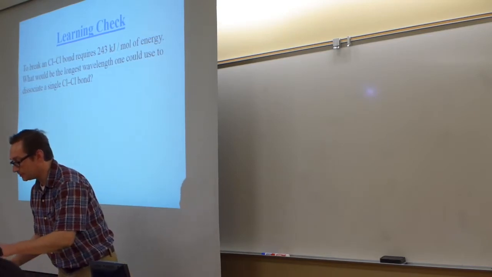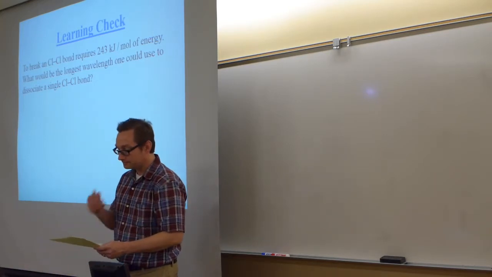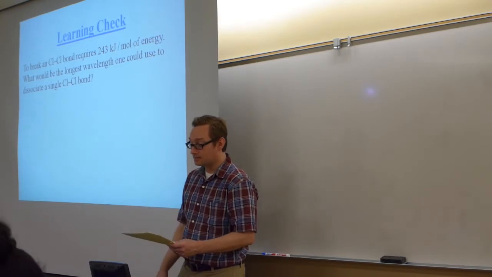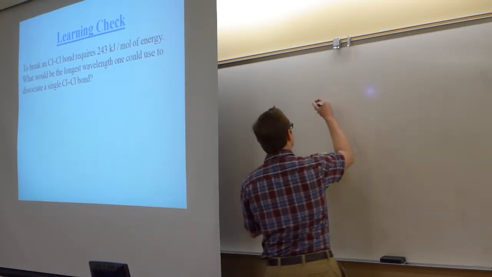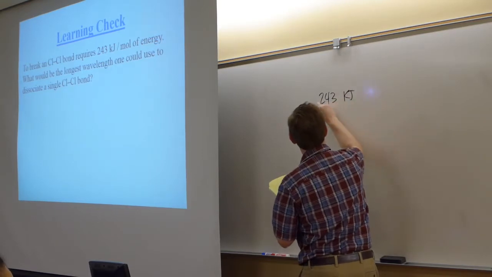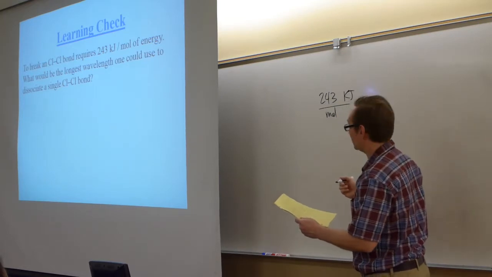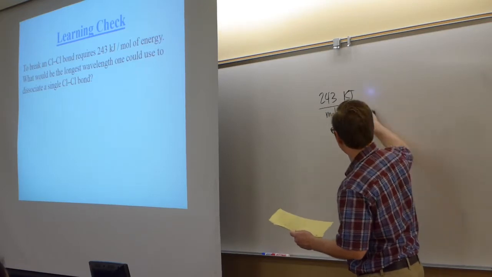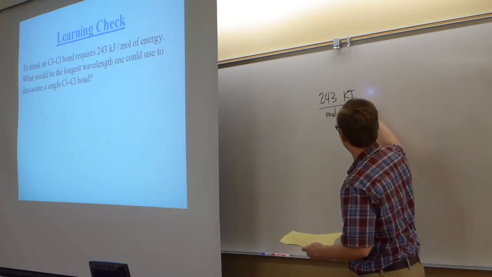So this is actually kind of cool because it relates an old concept to a new concept. The longest wavelength required to dissociate a Cl-Cl bond. So if I have 243 kilojoules per mole required to break a Cl-Cl bond, so basically per mole of Cl-Cl,